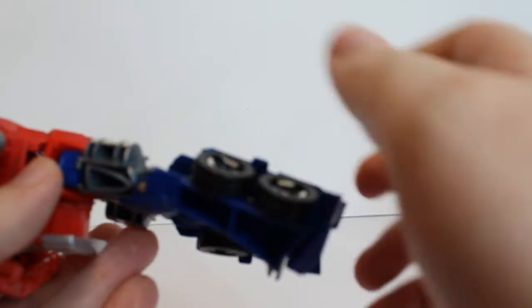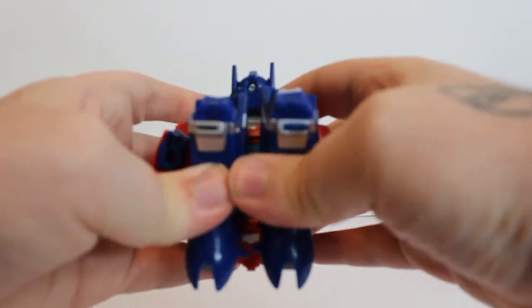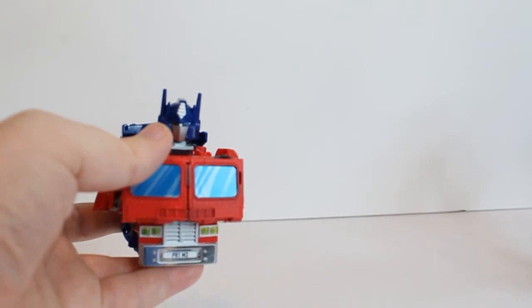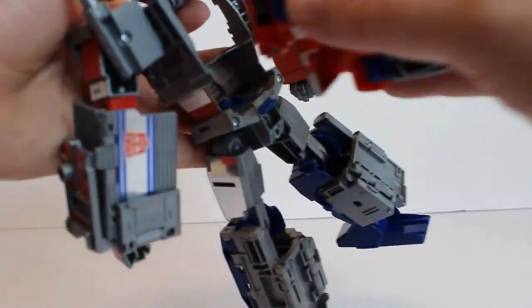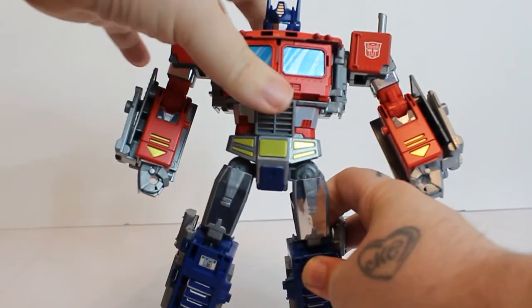Fold down the feet. Okay. Twist them round and basically bring them up like so. Now there's little tabs there and they can clip in to secure just on the middle. And there you go. We have Prime ready. Bring over the body, just turn it round. Now there's a clip here to release it, but all you're doing is just sliding it in, it locks completely into place. Then what you get is this